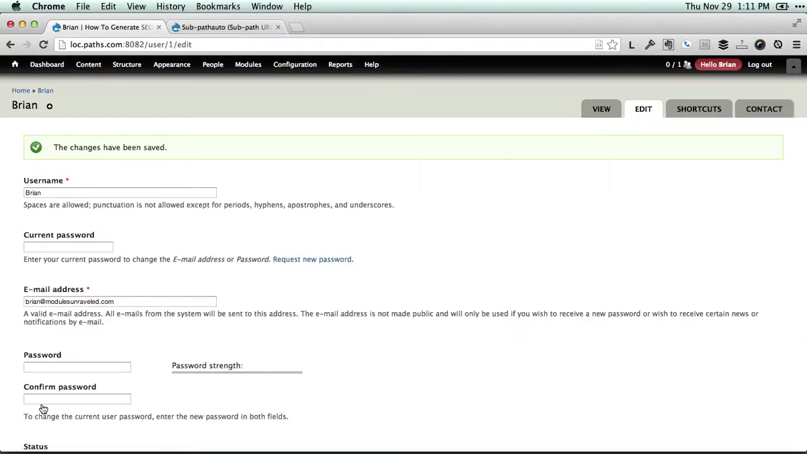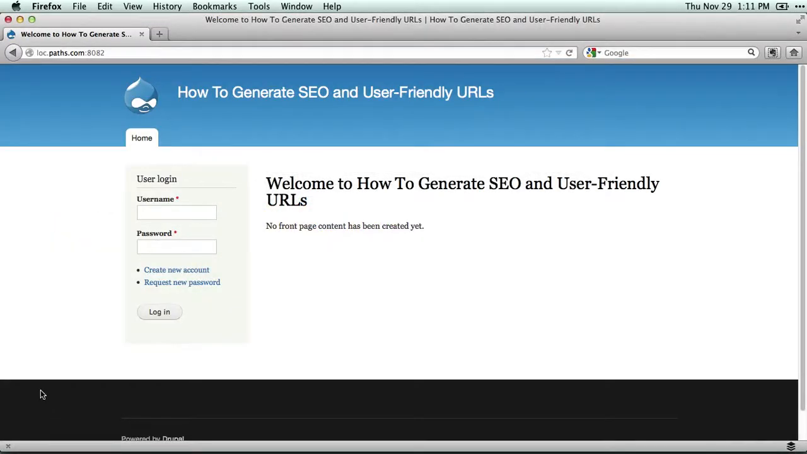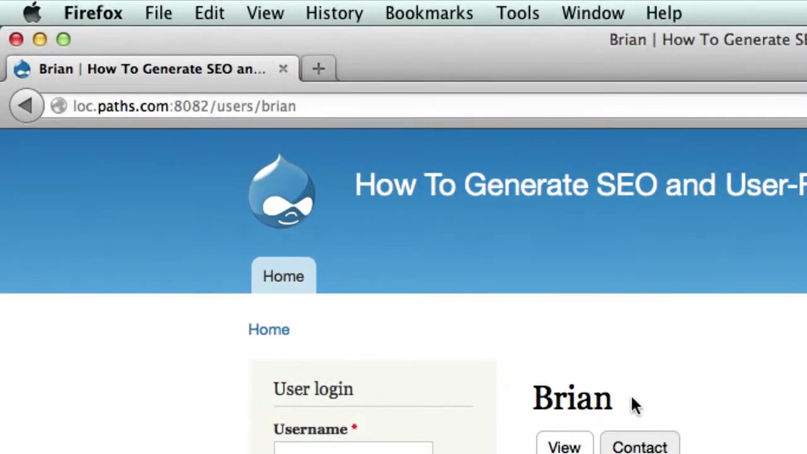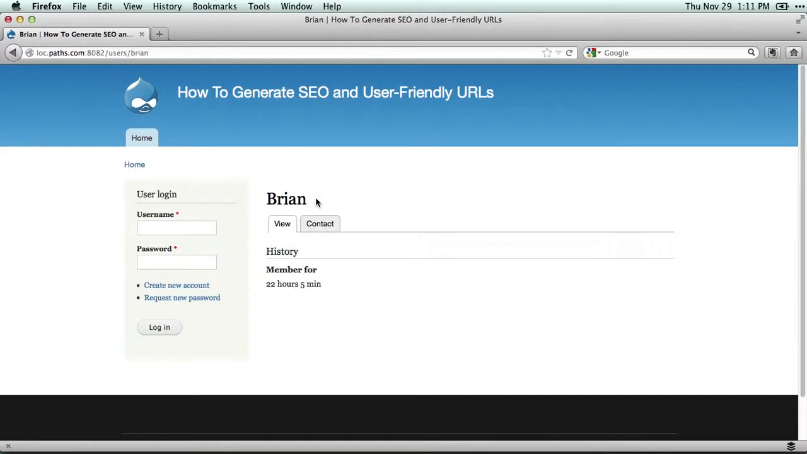Alright, so in Firefox, as an anonymous user, I'll go home and click on Brian to view Brian's user profile. And here you'll notice that the path is users/Brian. And we can also see the contact tab. And if we click on that, you'll see that we're taken to